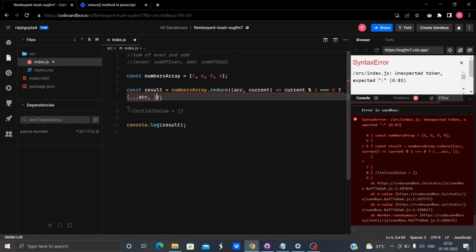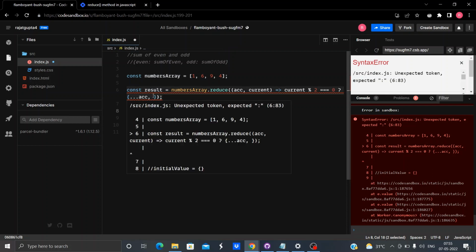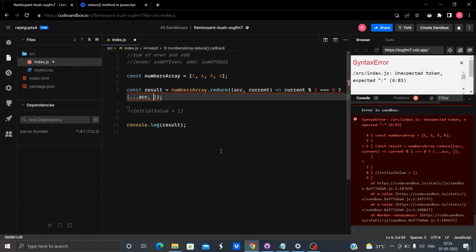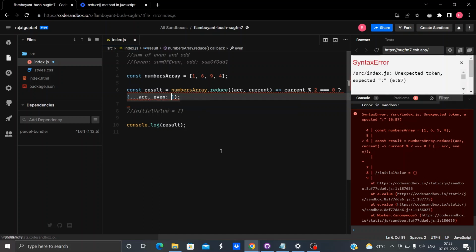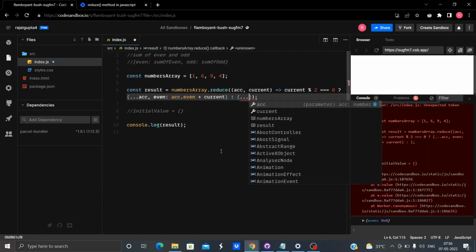If you don't, read about destructuring and come back to this example. Then we'll say even equals ACC dot even plus current. First let me write this out and see if it's working, then I'll explain.